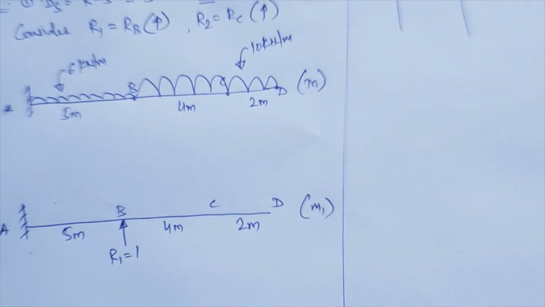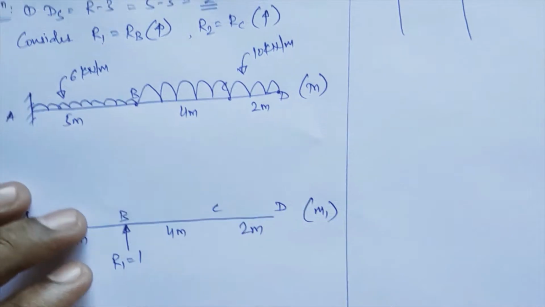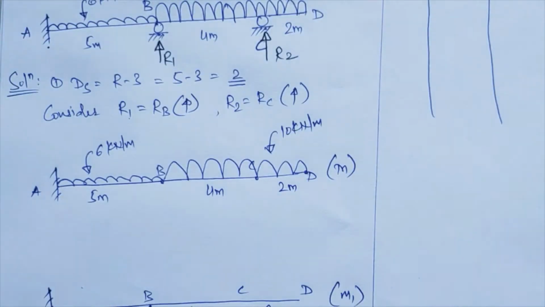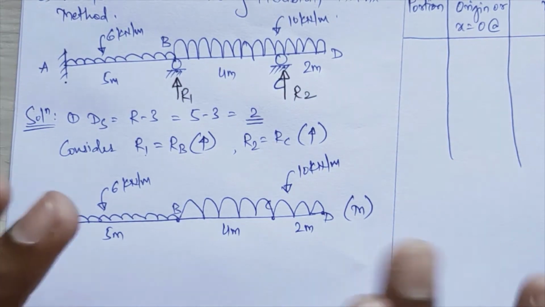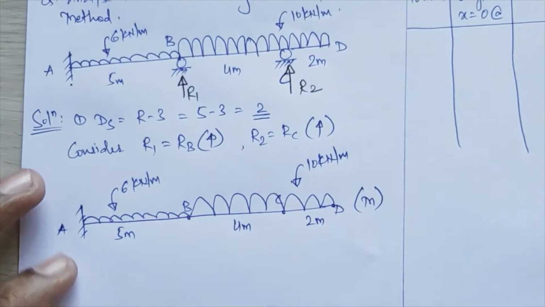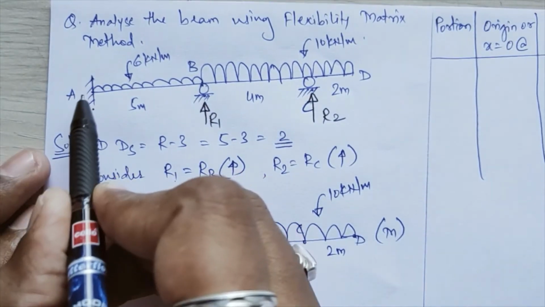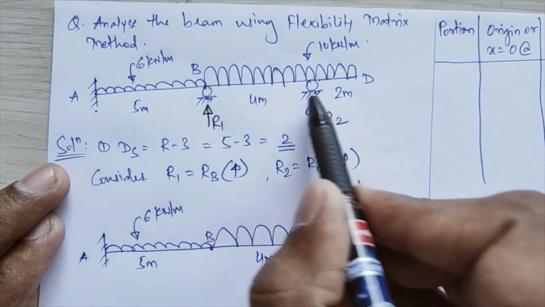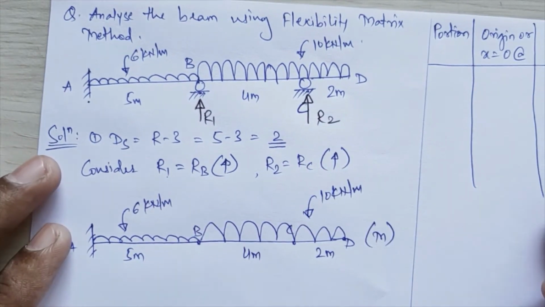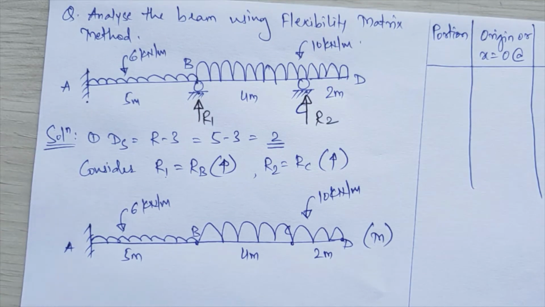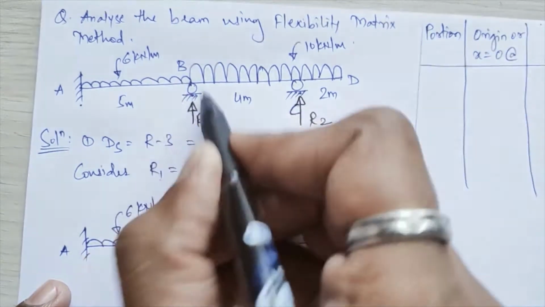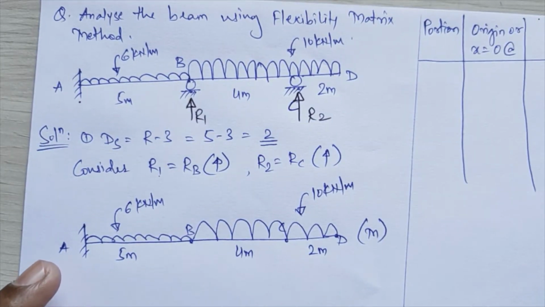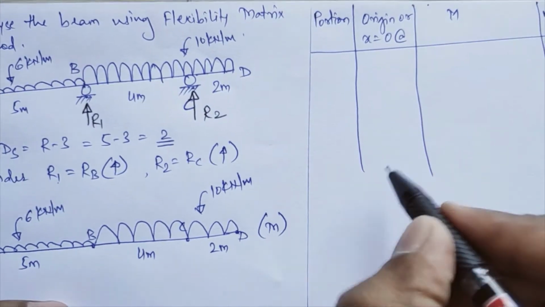Right, so we'll start from the side which has the minimum number of reactions, that is from point D. Redundancy you have to assume in such a way that a complete support gets removed. I have told you earlier, that makes this moment table convenient. If you assume the redundants anyhow, suppose three reactions are given, and you assume one redundant from this and one redundant from that, your moment table may get disturbed. You cannot do the calculation, so that becomes a complex structure. So redundancy has to be assumed in such a way that the complete support at that point gets removed, or that point gets completely free from the support or reactions. In that way you have to assume the redundant.